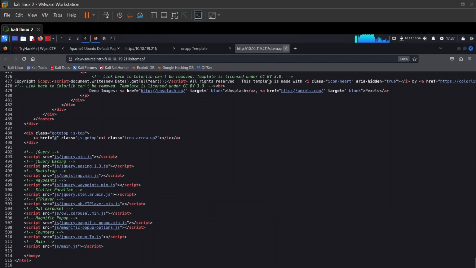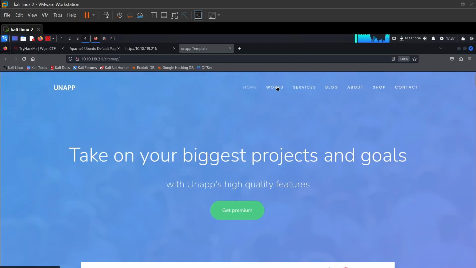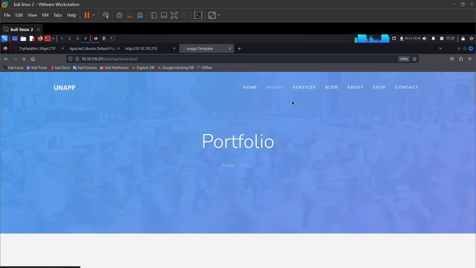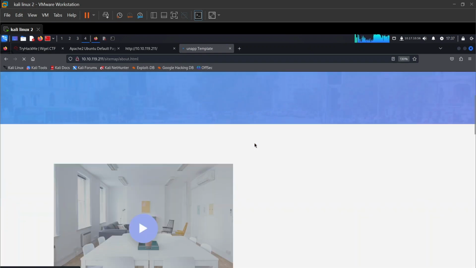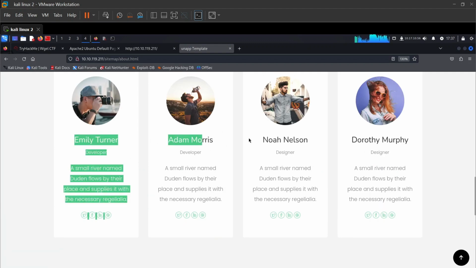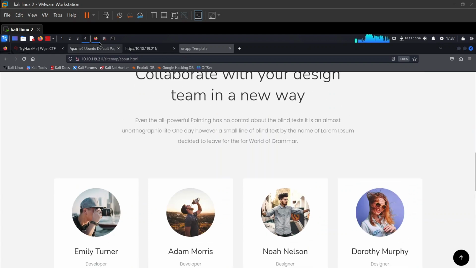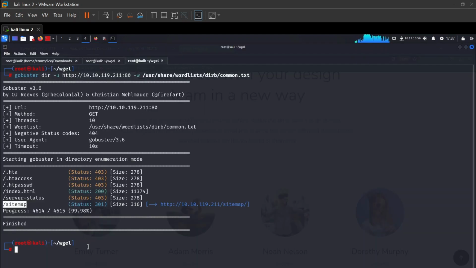So I'll close here. Home, about, work.txt, work. I think this might have some directories as well. Maybe it might have some hidden directories. About. Okay, this might be some names. Okay, I don't think so. All right, let's just run a quick Gobuster on this